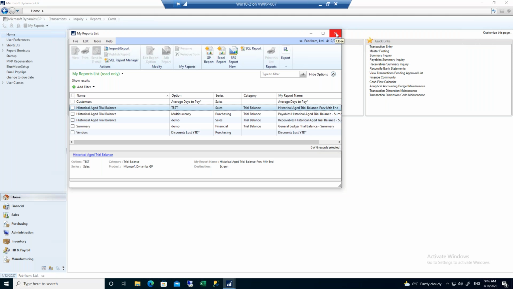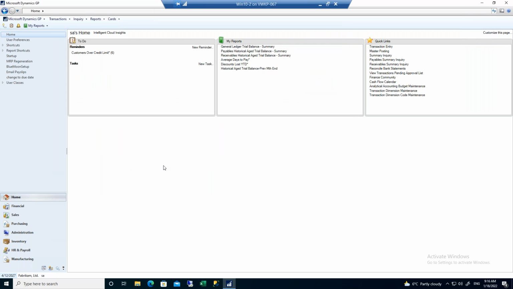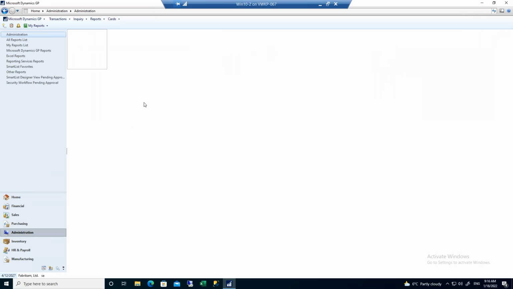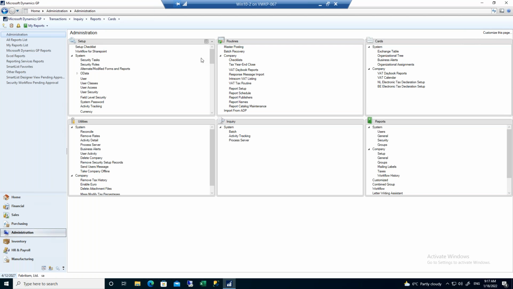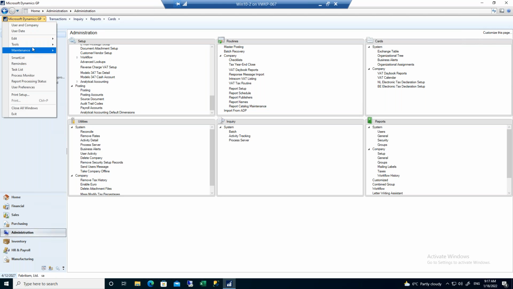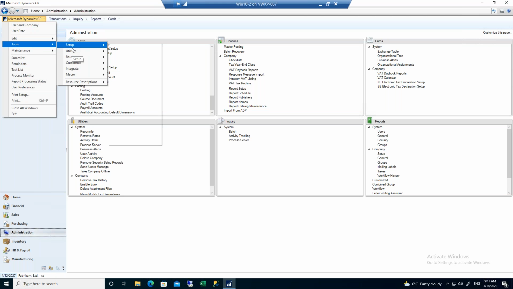Now, printing reports. As most of you are well aware, Great Plains will try and print a bunch of reports automatically as it does things, especially on the posting side. So one of the things I wanted to mention today was the ability to turn those particular things off. So when we're in administration or tools, what we can do is go to a section called posting. It's right here under posting and then posting. It's also available from here under tools, setup,